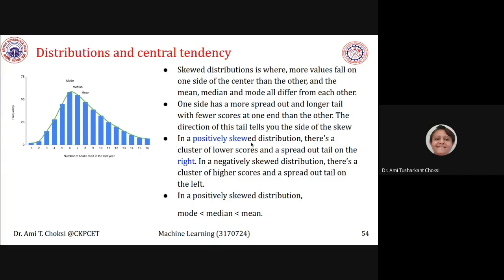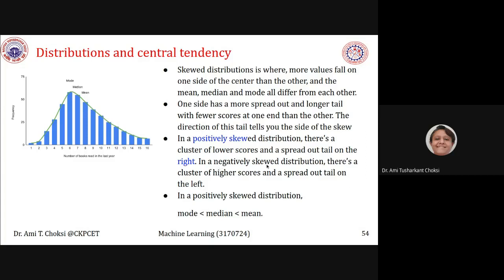In a positively skewed distribution, there is a cluster of lower scores and a spread out tail on the right. On the right hand side we have the tail, and that is the positively skewed distribution. In a negatively skewed distribution, there is a cluster of higher scores and a spread out tail on the left.